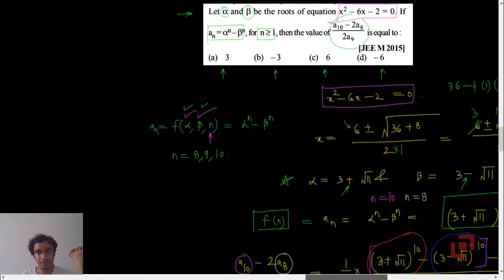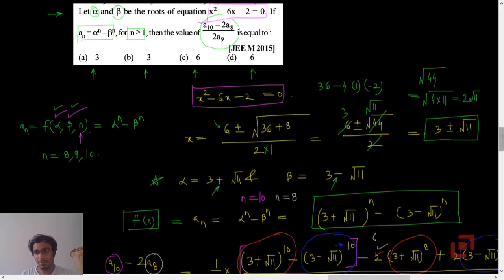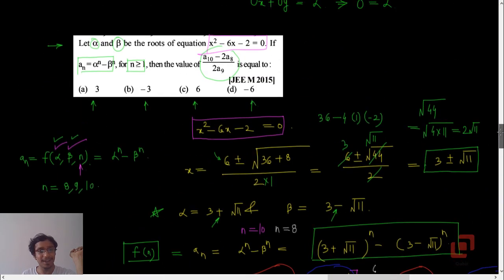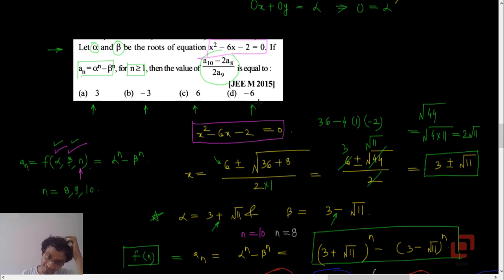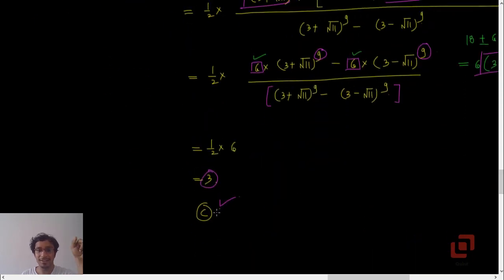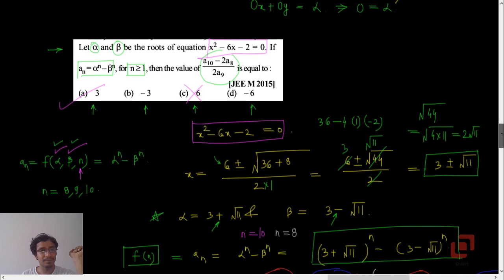Hold on. What did we get? We got 3, right? Yes. Now this is where I have made a mistake. It's not 6, it's actually 3. I marked option C because I saw this 6 in the options. But do not forget this 2. If you divide by 2, then you will get 3, so C is not right. The correct option is A, because A is 3.